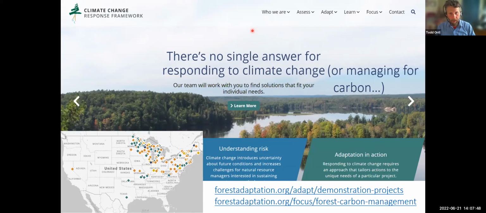But it also applies to thinking about understocked stands. It also applies to thinking about stands where just that understory component is missing, they may be well stocked in terms of the overstory, but that understory piece is missing from the equation because of herbivory or some other impact. And so in those situations, doing tree planting for enriching species composition can be really important.